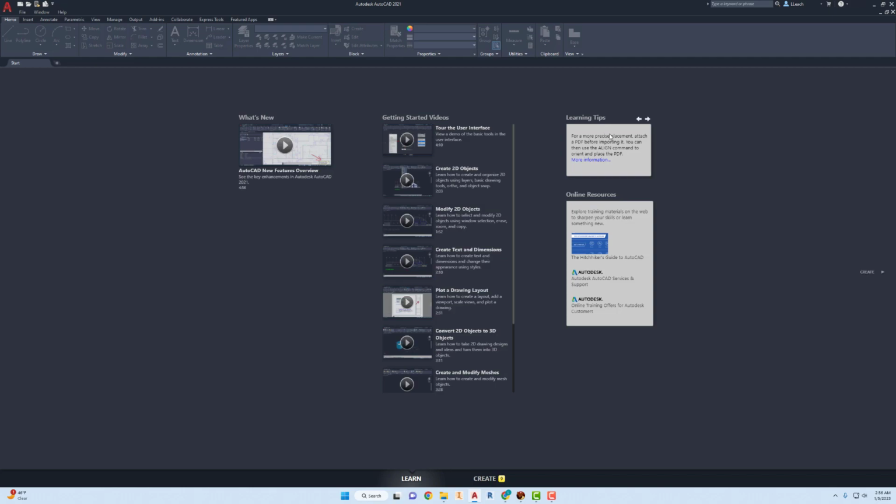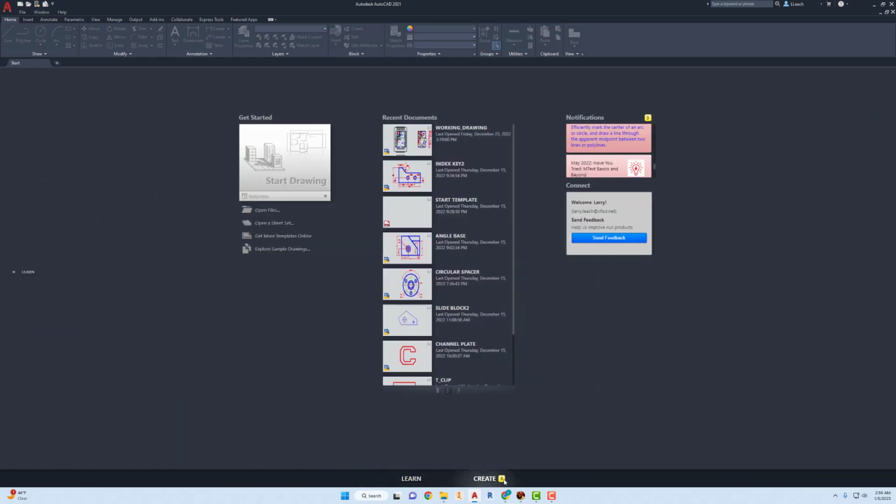And then over here, on this right column, there are some learning tips and some online resources that you can use. So the Learn panel, obviously, is going to tell you some information on how to use AutoCAD and give you some tips. And then to get back to the Create panel, I'm going to click on Create. It shows I have 9 notifications that I haven't looked at. There's also a new product update, which I haven't done yet. But anyway, that's kind of what this